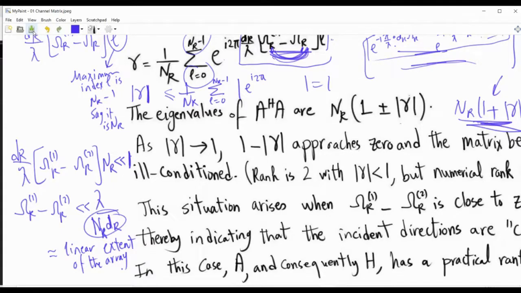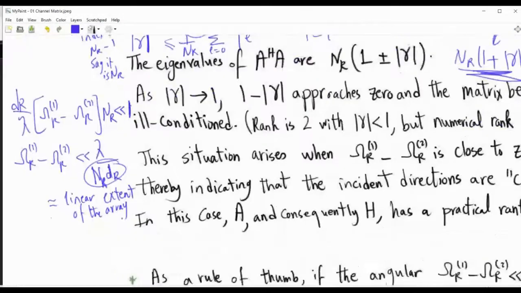Okay. Now, physically, what are those omegas, and what does it mean that the difference between them is small? So basically, omegas are cosine angles, right? So it means something like this. You have the receive array, so this is ER, and suppose that this is one path. Here it comes from scatterer 1, and this is direction UR1. And suppose that you have another one very close. If this one is very close, then you are in this situation. So those are directions, right? And so it means that